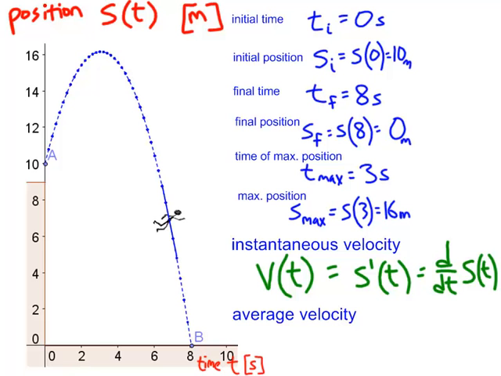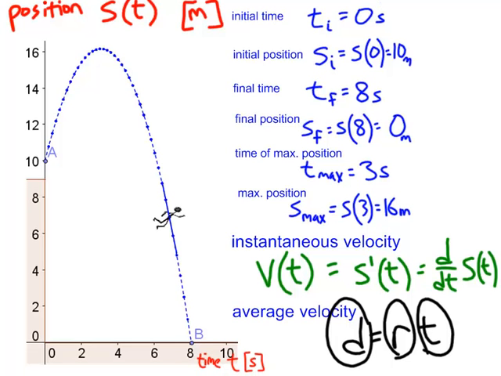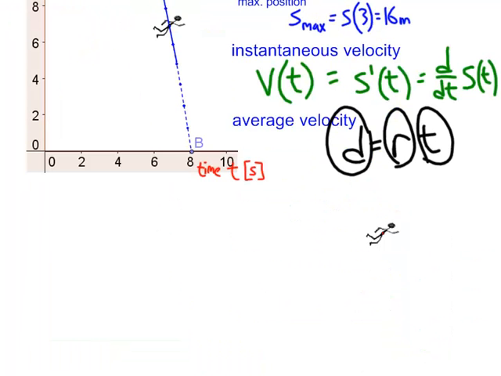Average velocity may bring to mind the old d equals rt equation that you used back in little kid math. Think of r as being our average velocity. We're not going to use the letter r, we're going to use v for velocity. And d, think of d as being the difference in your initial versus final position. And t will still represent time, but really specifically change in time. So really notice the consistency here that if I were to rearrange that,